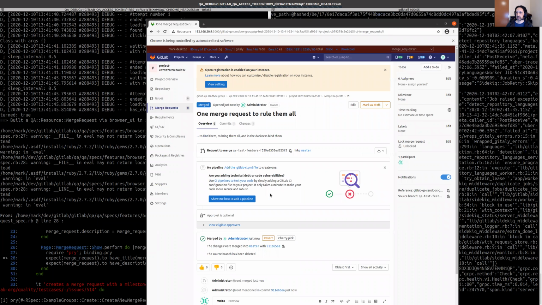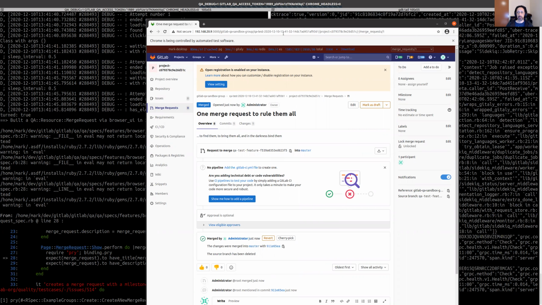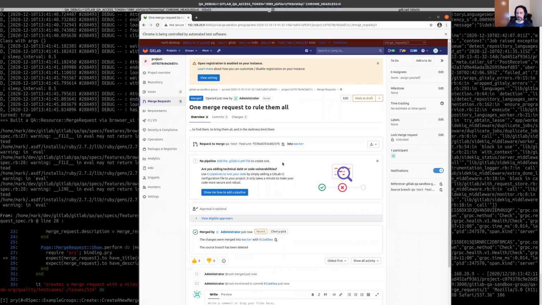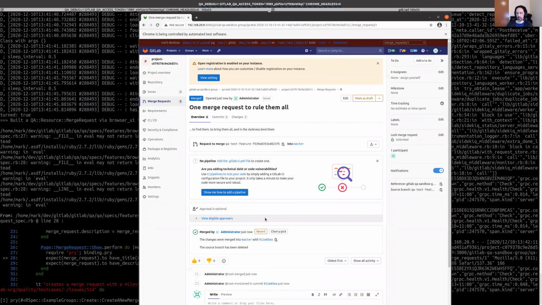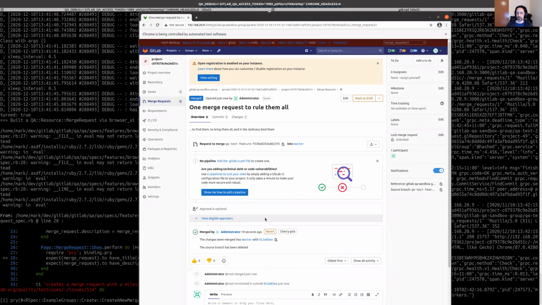So yeah, just a quick demonstration there. There's plenty more that GitLab QA, the framework, can do. So if you'd like to learn more,